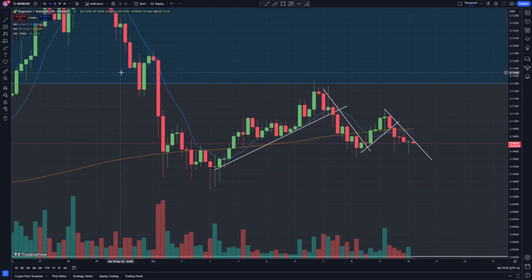And if you're new to the channel or new to trading, check out my beginner tutorial on how to set up the chart. But basically, we're looking at the bottoms when we're going to the upside, and we're looking at the tops when we're going to the downside. So we have this top, top, top, top. This is going down. Once we break these trends,